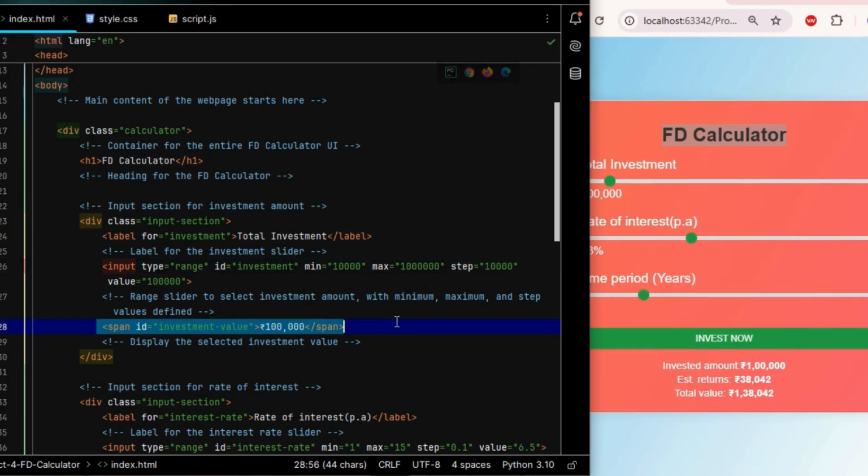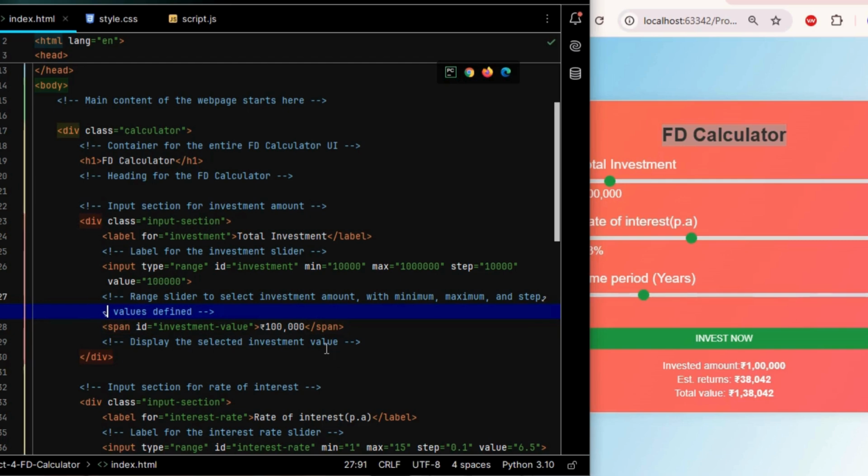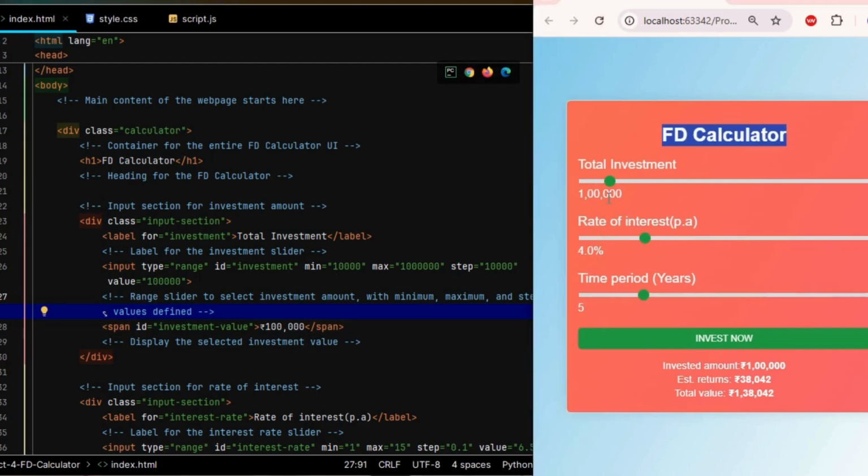I will take one span tag for the investment value. The total investment value is 1 lakh rupees. So I will take the investment value as 1 lakh rupees, to display the selected investment value in the display,